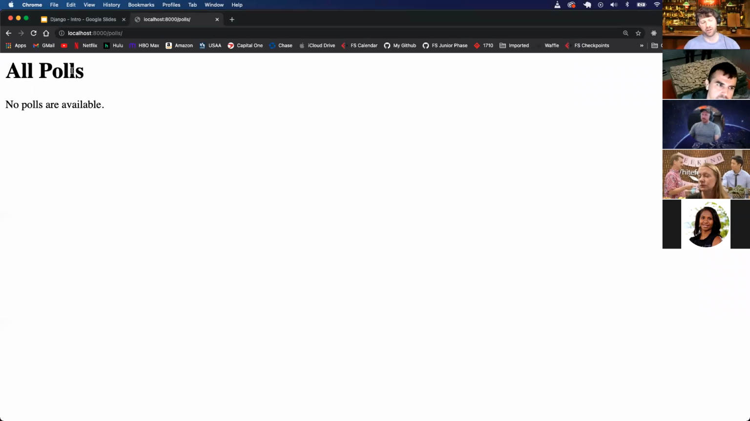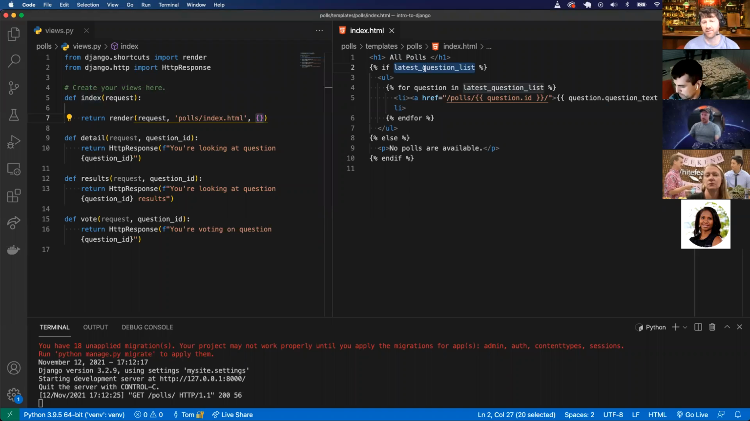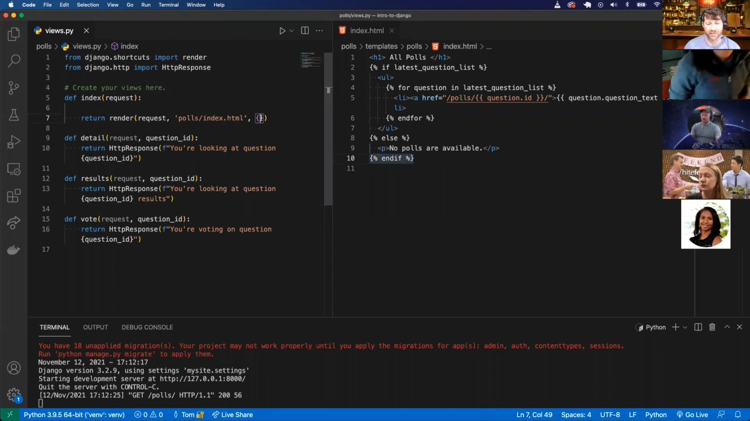Notice how we see all polls, no polls are available. It comes in here and displays this H1 tag. It's saying, if there's a latest question list being passed in here, then display this. Otherwise, we have this else block: display a paragraph tag, no polls are available, and then end the block. In here, we're not passing anything in. That's what this dictionary is for, when we're passing in data. So if I wanted to pass in all the questions,